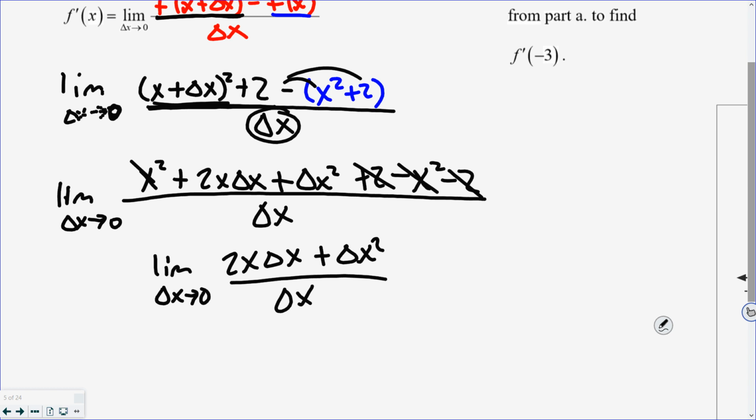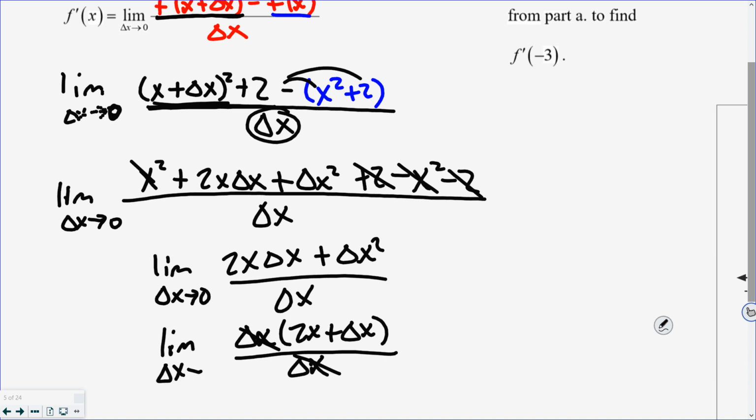So now if I look at the top, I can factor out the delta x. That would leave me a 2x plus delta x all over delta x. And the reason why I did that is because now those reduce. So now I'm going to find the limit. That's really what I was looking for, because now I can plug 0 in because there's not a delta x